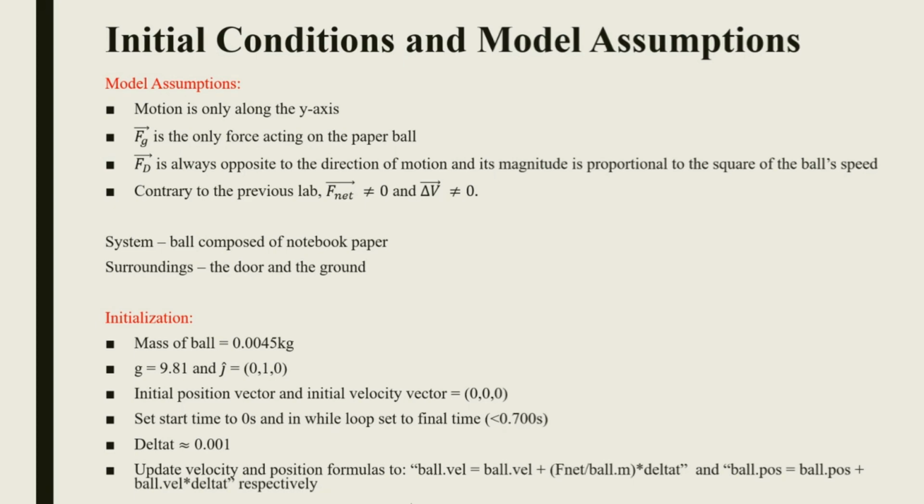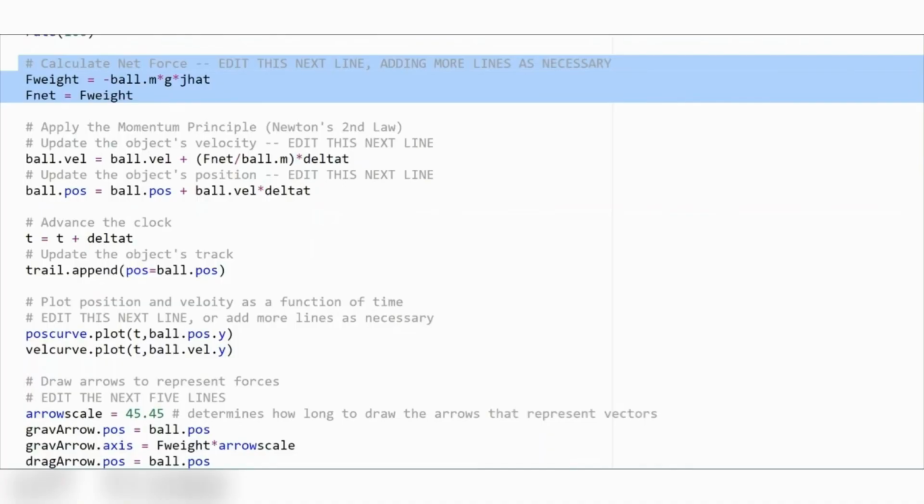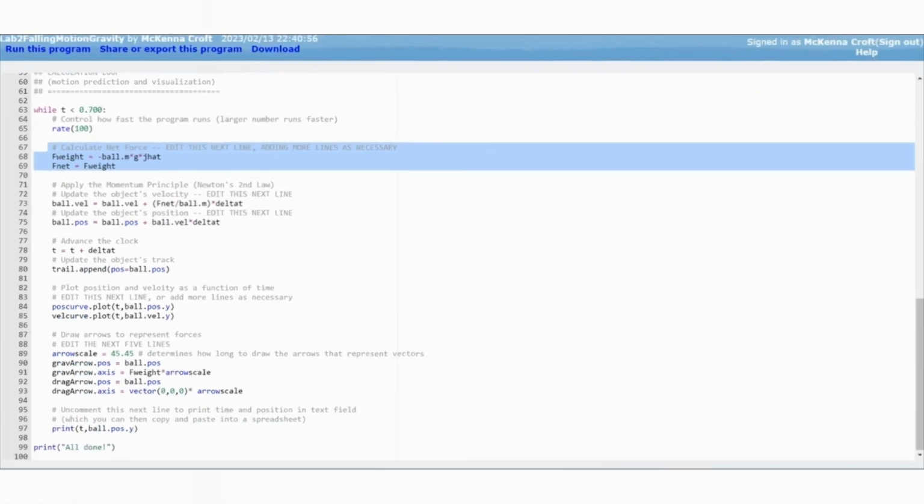Delta t was a small number, 100 times smaller than the final time, so approximately 0.001, and position and velocity formulas were updated to reflect Newton's second law. Force. The while loop net force changes are highlighted here,